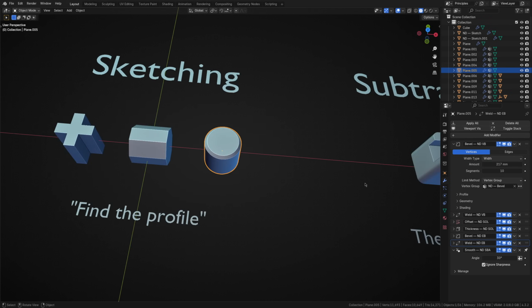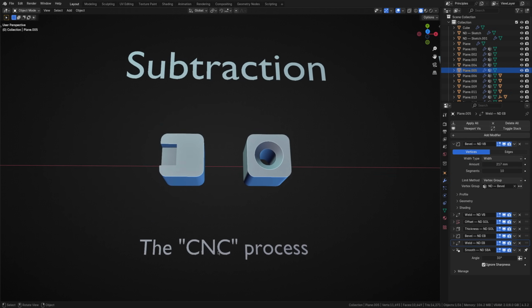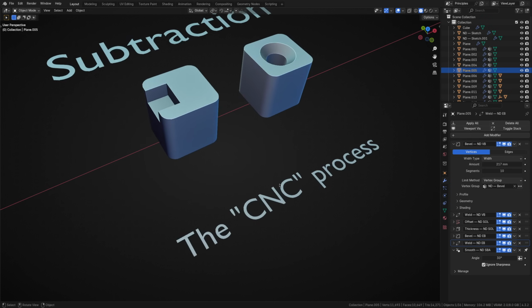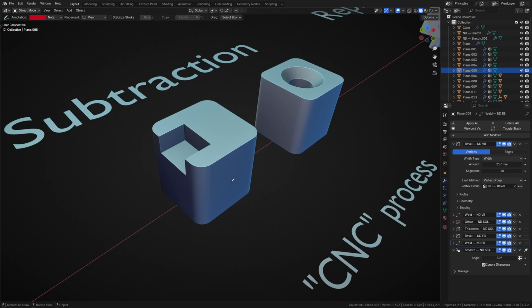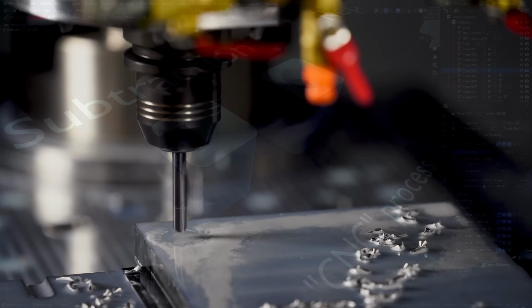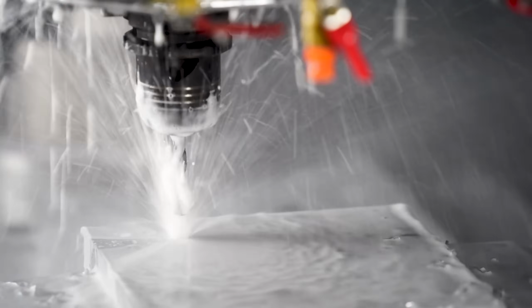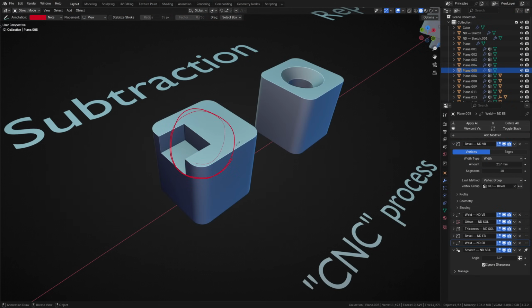Let's now talk about the next principle, subtraction. I describe this process as the CNC process, borrowing again from the CAD side of the playing field. The idea is that sometimes a shape cannot be formed by building up material from a smaller and simpler state. Instead, it's created by subtracting geometry from a larger and more primitive state. This is, for all intents and purposes, how CNC machining works. You start with a solid block of metal, for instance, then you mill parts of it away, revealing a more complicated or interesting form. Let's take this first object for instance.